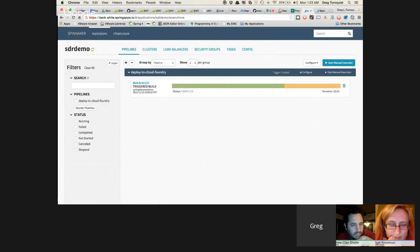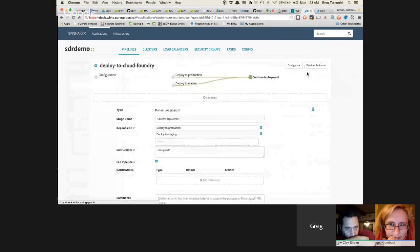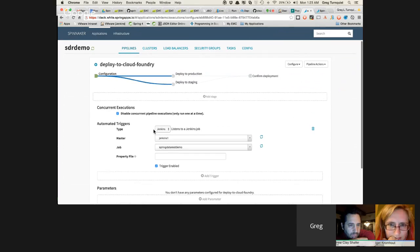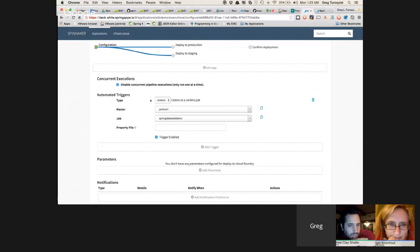These are the pipelines related to that app, SDR demo, and I can actually go into the configuration screen for it and show you what this pipeline looks like. So over here on the left-hand side is where it starts off, and it starts off with a trigger. Down here's where I picked the Jenkins stuff, my parameter settings for which job it was going to watch. Right now they support being triggered by Jenkins, by another pipeline, or by a cron job. This is definitely where we're interested in adding some hooks for maybe being triggered by Concourse,